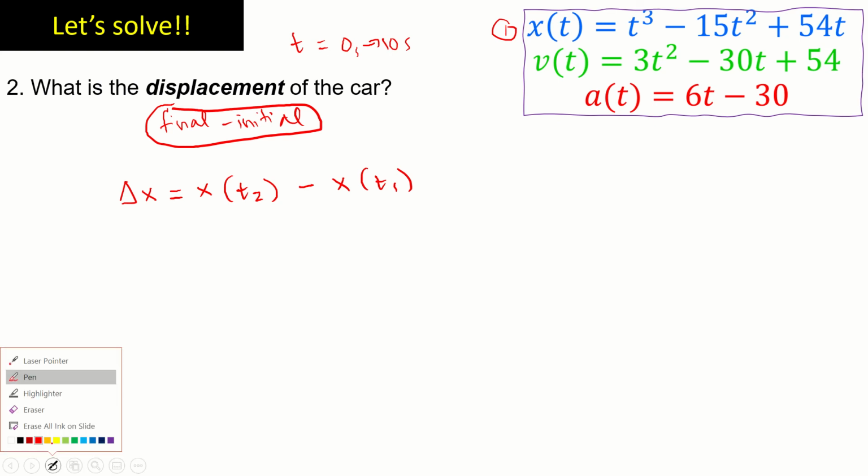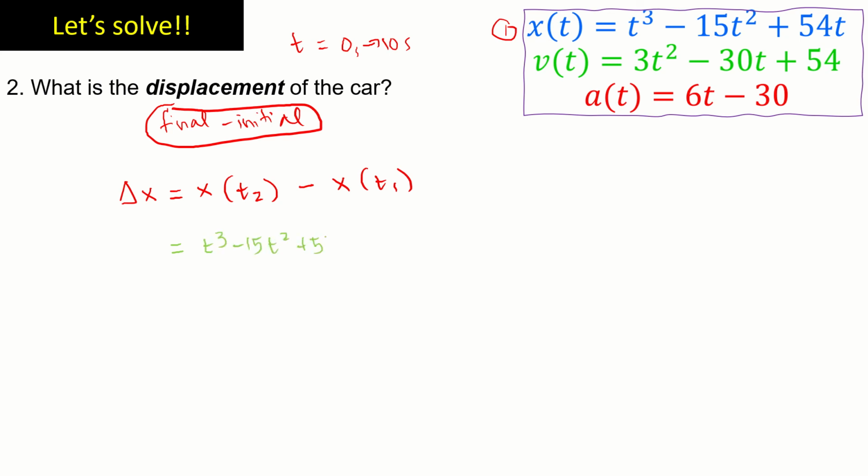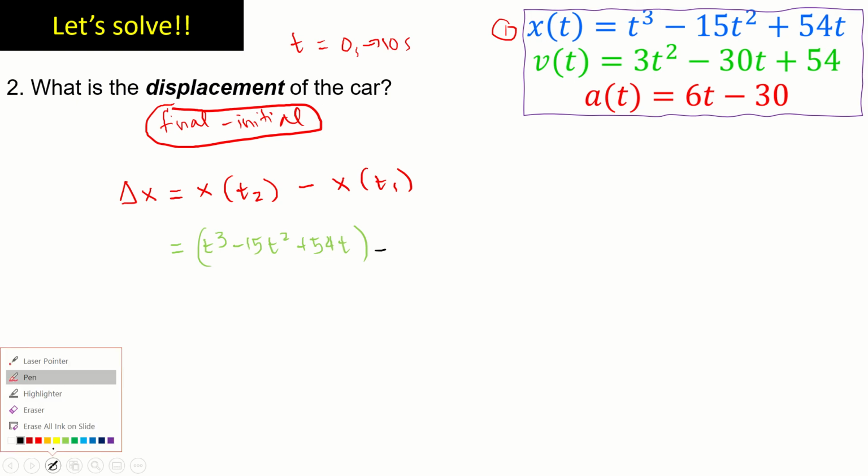So, substituting all the values that we have, let's use green for the first one. You have t cubed minus 15t squared plus 54t,